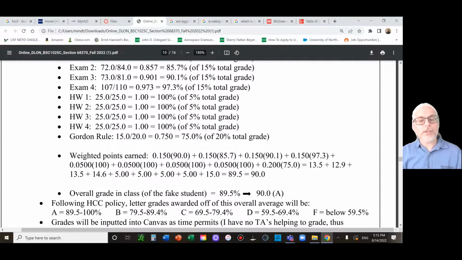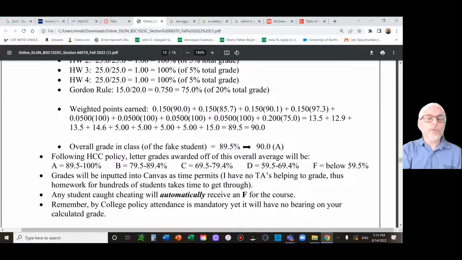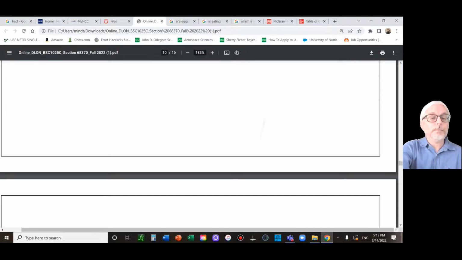Now notice with this fake student, the fake class, I gave them that grade just to show you that being a scientist, I like mathematics, so I follow the rules of mathematics. And by the rules of mathematics, if you get a 0.5, I'm allowed to round up. I did. Great job. You got a fake A. Now I'll also carry that over to final grades. Here you go. 89.5 to 100 is an A, 79.5 to 89.4 is a B, and so forth. Remember, if you cheat, you fail. And I have the right to fail you in the course, not just on that test. Don't cheat. It's not worth it.